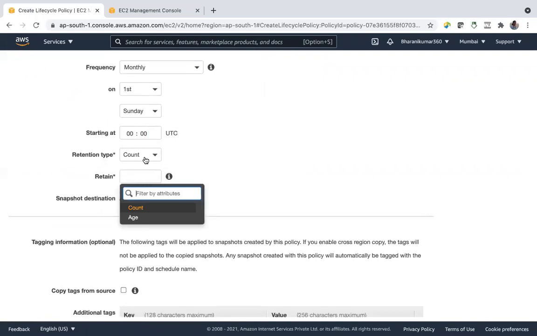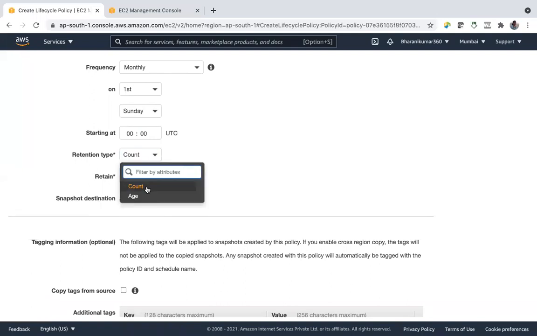And the retention. Retention type means how long you want to retain the backups. If the lifecycle policy keeps on taking backups, those will pile up, and if you don't monitor the lifecycle policy and the backups taken by it, you will end up paying bills for it, and you don't want that.